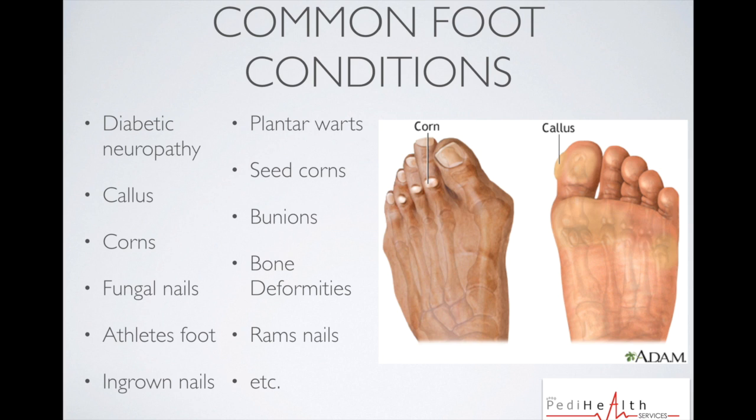Common foot care conditions that we deal with are diabetic neuropathy, calluses, corns, seed corns, bunions, fungal nails, bone deformities, athlete's foot, ram's horn nails, ingrown nails, etc. We deal with a lot of foot conditions. And needless to say,